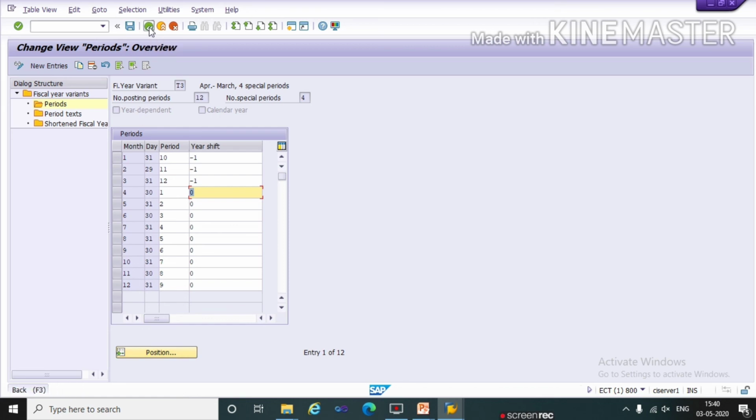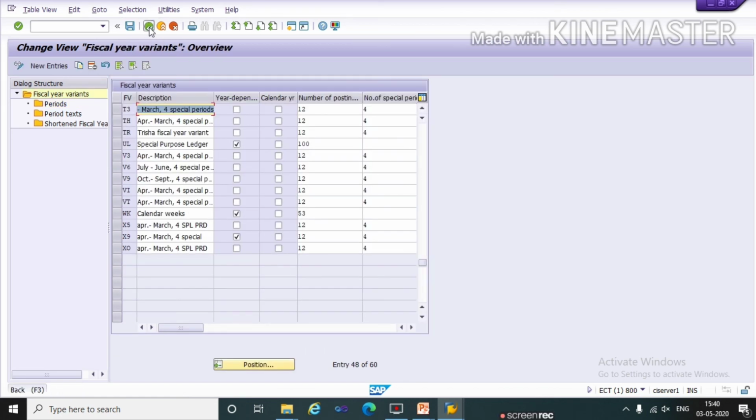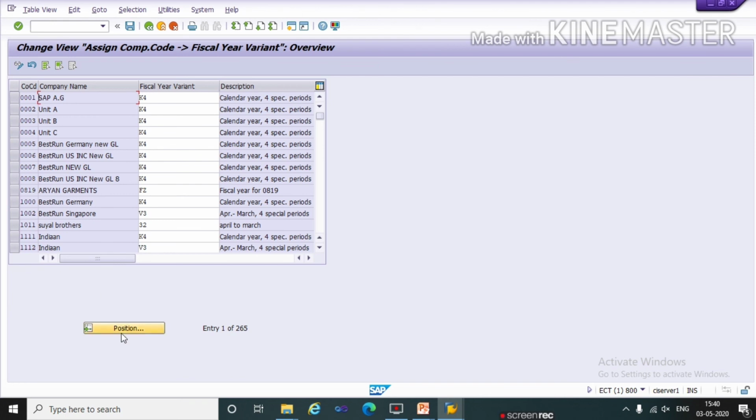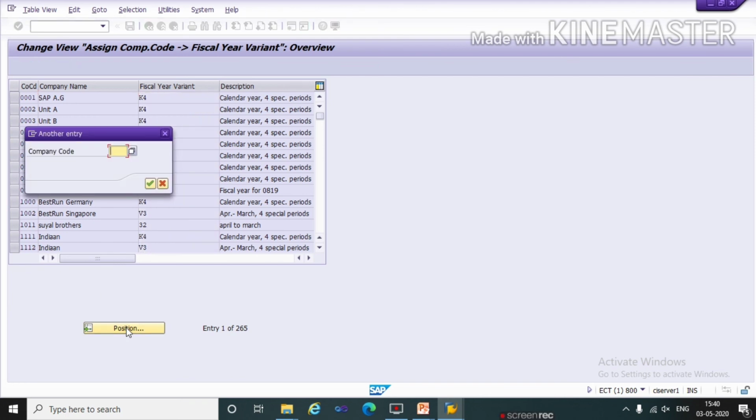Now get back. Now the next step is assign fiscal year variant. Here we assign the fiscal year variant to a company code. Now click on this execution button. Here click on this position. Type the company code Tata and enter.